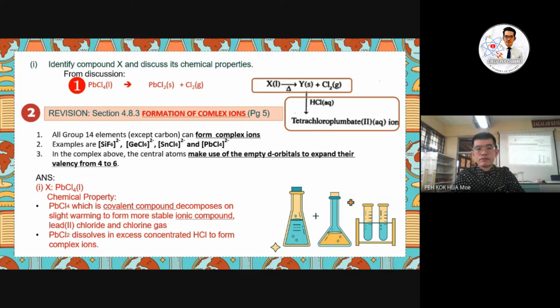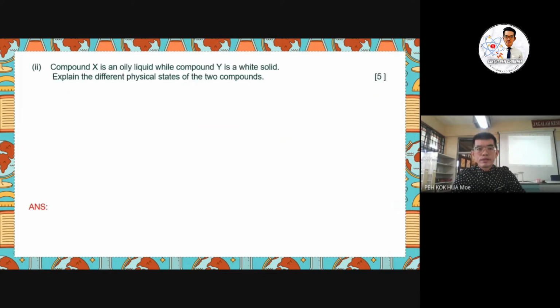3 marks will be given for this answer. The next will be another 2 marks now, okay? Compound X is an oily liquid while compound Y is a white solid. Explain the physical state of the 2 compounds. You can see X is in liquid form and Y is in solid form. So that means